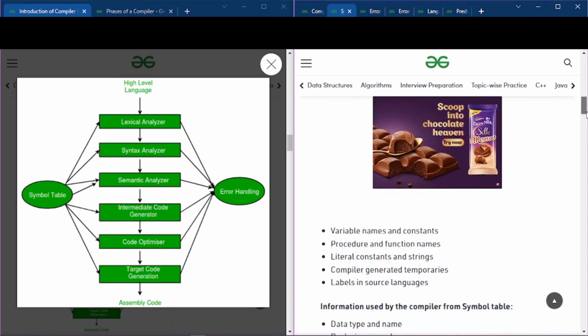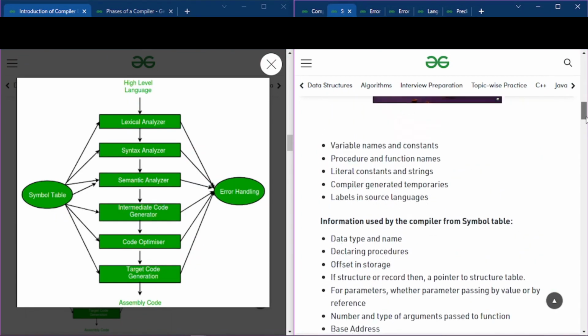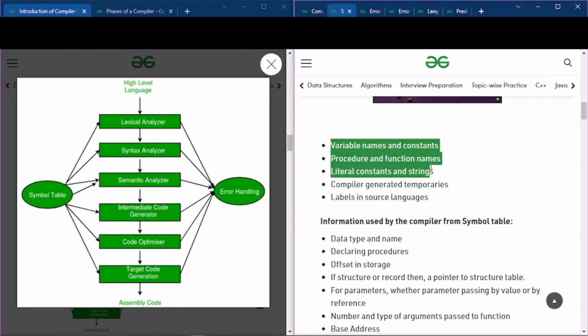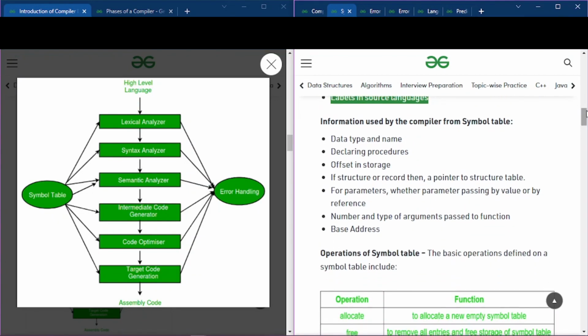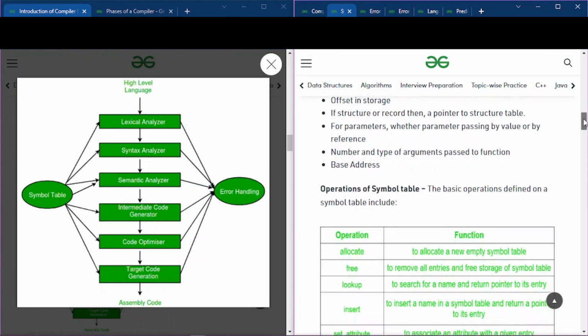And what items are stored in the symbol table? Basically variable names, constants, procedure and function names, literal constants and strings, compiler generated temporaries, labels in the source language, etc. The information used by the compiler from the symbol table is like data type, name, declaring procedure, etc. You can see this as well.